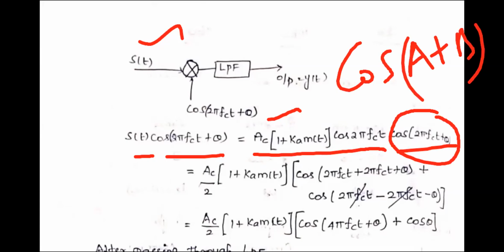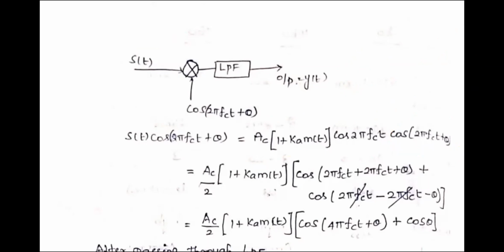What is cos (A plus B)? It is cos A cos B minus sin A sin B. Is it correct, sir? It's written wrong, I think. Yes, sorry. Here we have used some other formula. Wait a bit. Here the formula is like this. Assume this is cos A and this one is cos B.